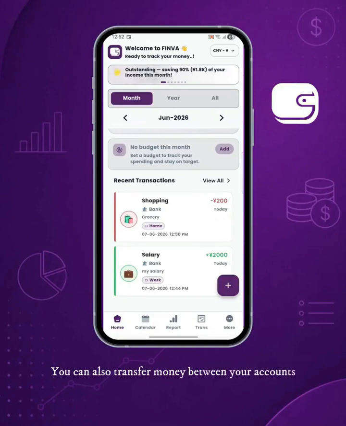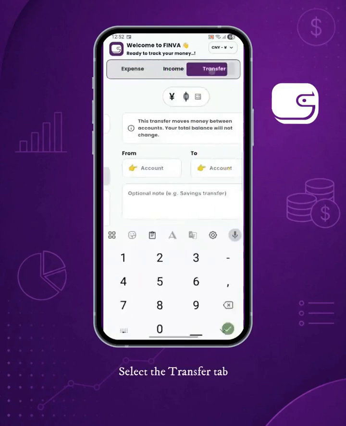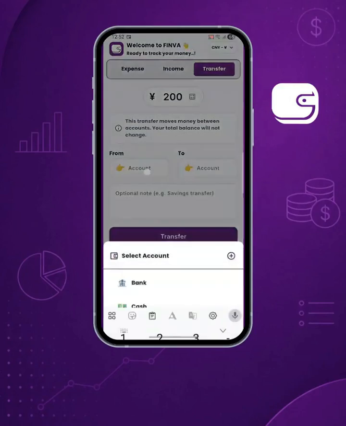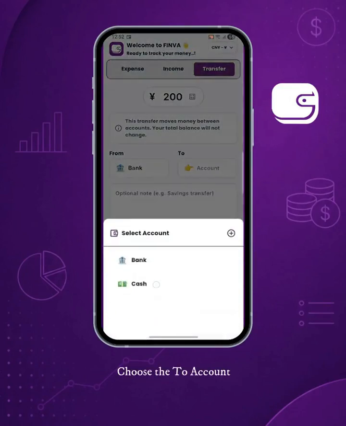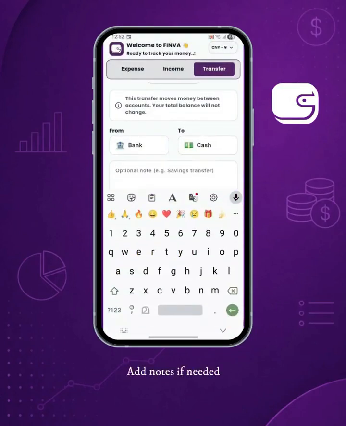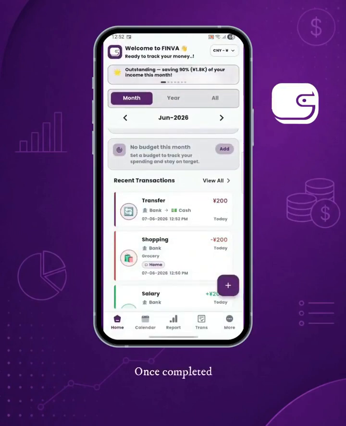You can also transfer money between your accounts. For example, when withdrawing money from your bank account to cash or depositing cash into your bank account. To create a transfer, select the Transfer tab. Enter the amount. Choose the From account. Choose the To account. Add notes if needed. Tap Transfer. Once completed, the balances of both accounts will be updated automatically and the transfer will appear in the